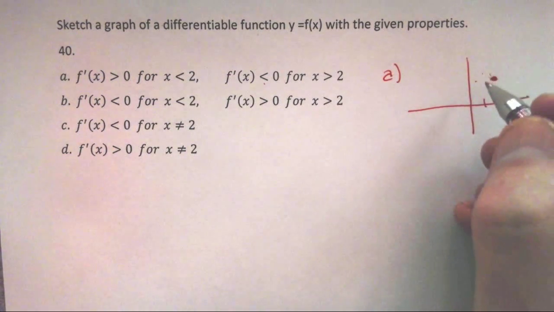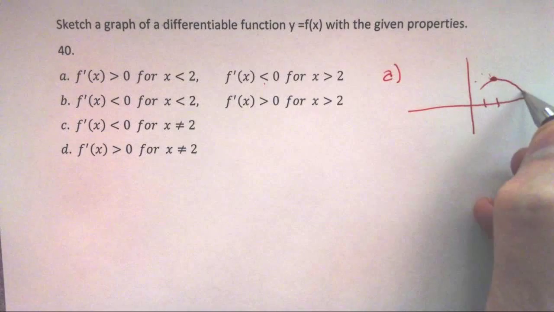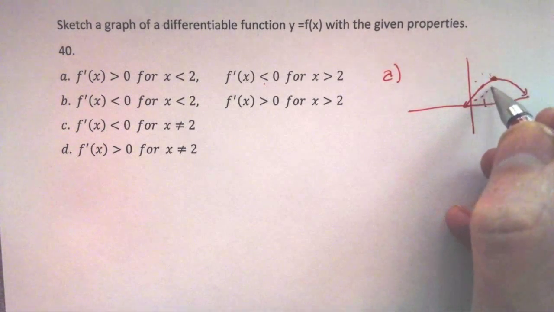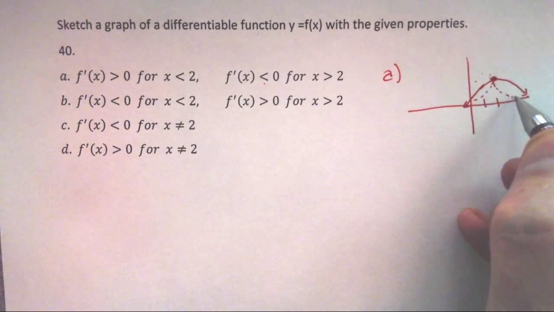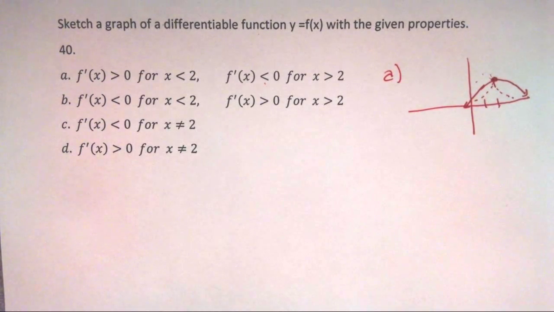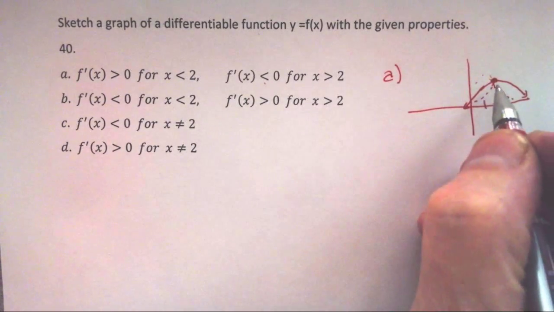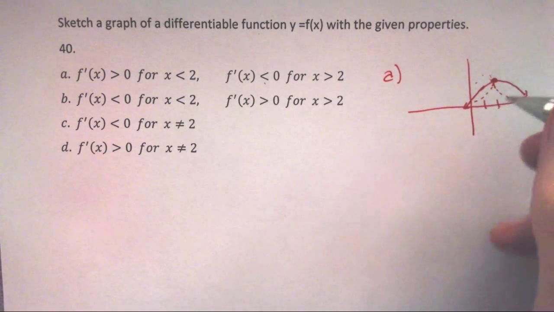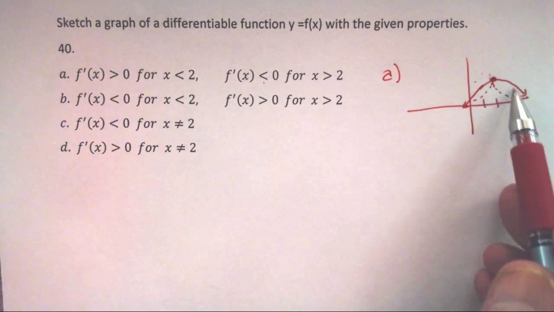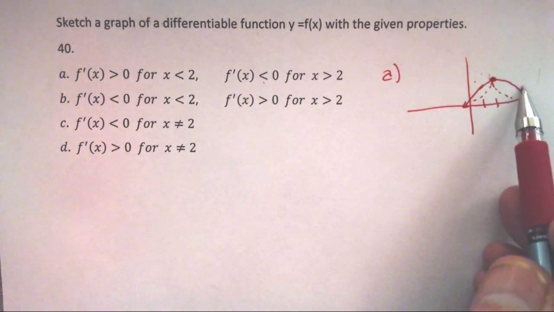Now, is it smooth? Or could it come up like a lot of functions do like this? It can't look like the dotted line because that wouldn't be differentiable at that point. We'd have a corner point or perhaps a cusp. Now, it doesn't mean that we couldn't do some other things besides that, but I can come back here and move back up. It doesn't tell me about any